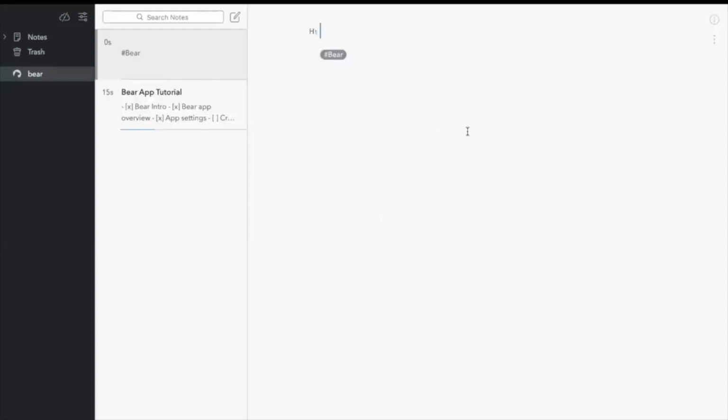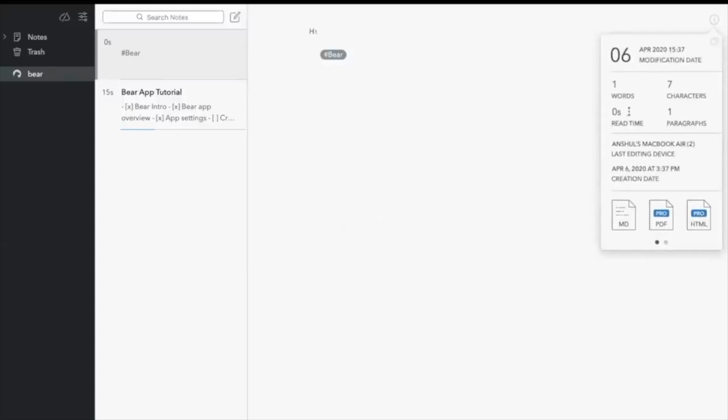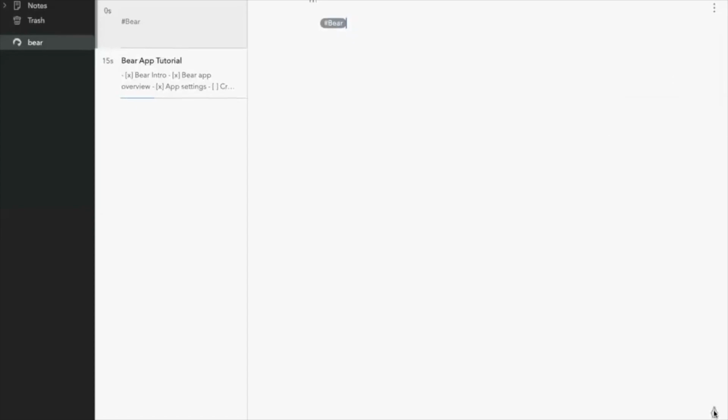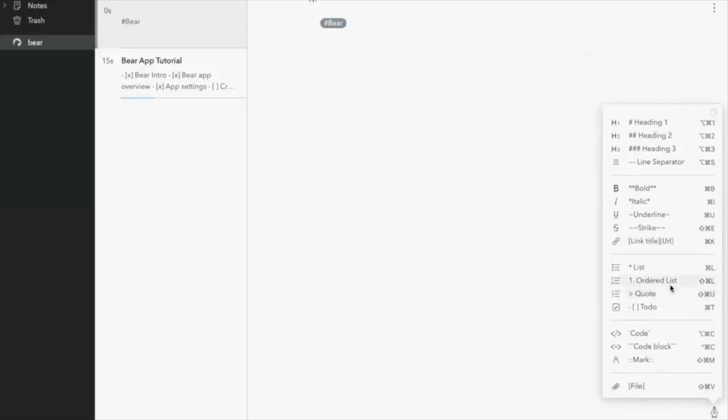You need to go to the top of this screen and hit this new note. And you see this H1. H1 is the heading out here. Now, what you can do over here is if you go all the way to the right-hand side and click this show information, you can also see the count of words in each of the texts, and you can also export this note later on into different formats. And once you go all the way down, you see this pen icon over there. You click this. This is what I wanted to show you.